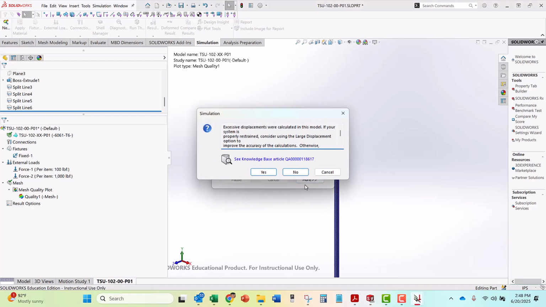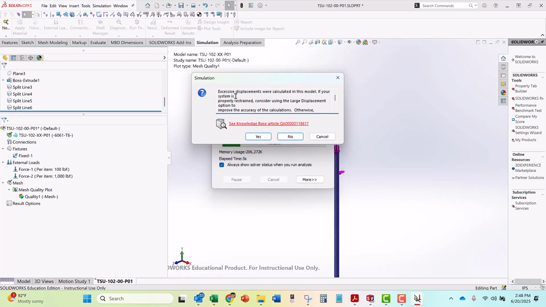And I can click on this. Or you're potentially going to get this warning message, excessive displacements. What happens when you have high displacements, the load direction could potentially change due to the deflection. Evidently, we've got enough deflection where it's warning us that, hey, you might want to consider running large displacement